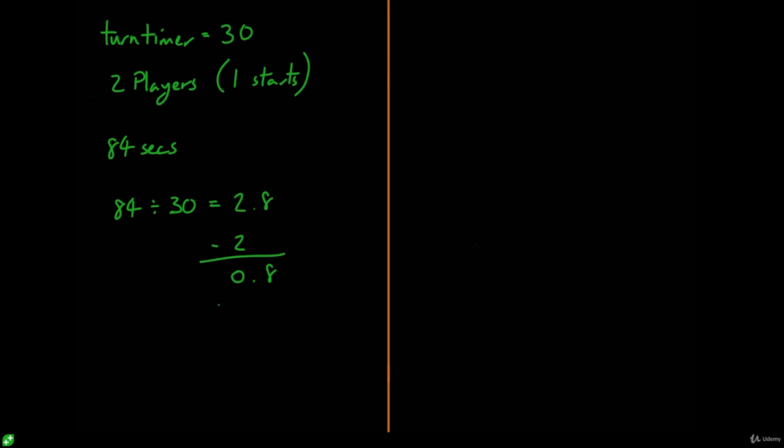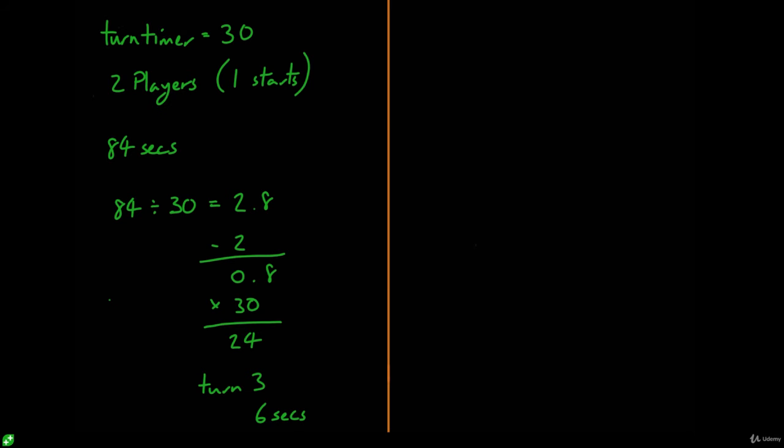And now we can multiply this 0.8 by our divider of 30, and that will give us 24. So what we're saying is this 2 actually represents the 3rd turn in the game, because this starts at 0. And we can also say that we're 24 seconds into this turn. So the player has 30 minus 24 seconds left in their turn, so they have 6 seconds